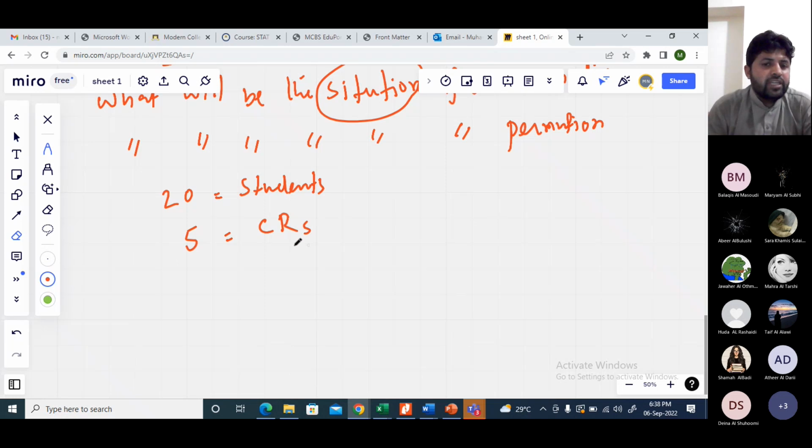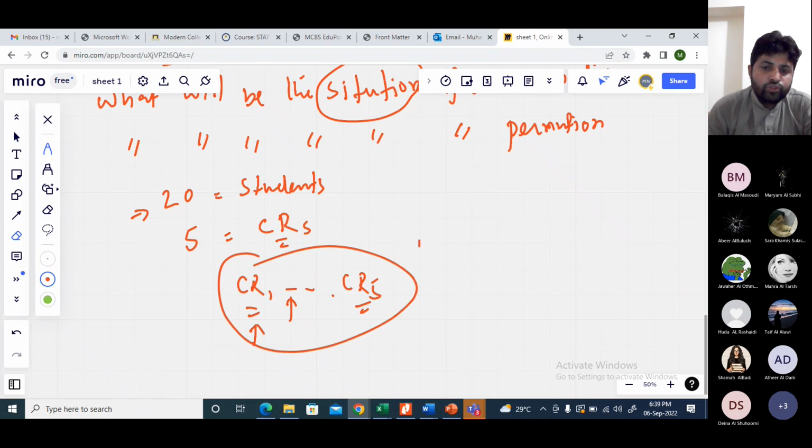We have to select 5 CRs out of 20 students. It means that among the 5 CRs, you have to select CR1 until CR5. So the first position is also CR, the second position is also CR, and so on. The 5th position is also CR. All are CRs. It means that